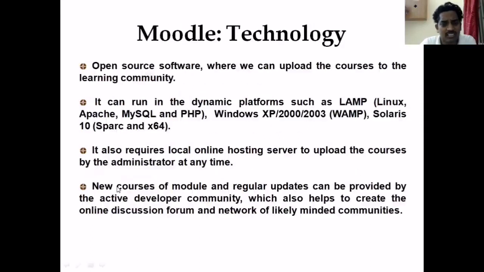You should also be clear about what technology runs behind Moodle. Whenever you are learning any open source software or technology, you should know the basic backend it runs on. Basically, Moodle is open source software, which we are all aware of, where you can upload your courses. It comes under the category of course management system. It helps you upload your courses to learn from different perspectives.